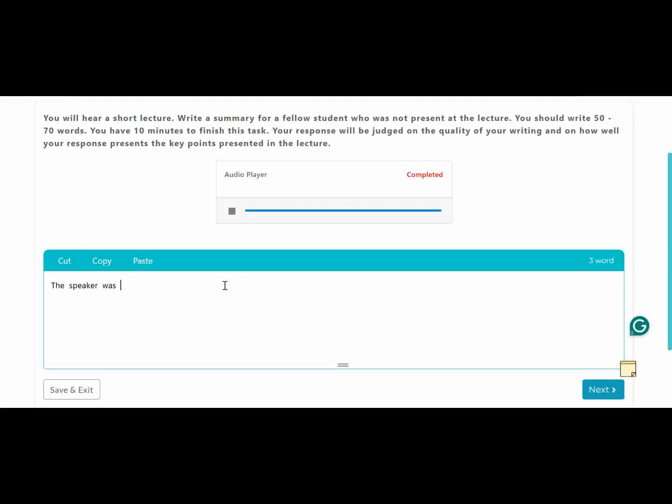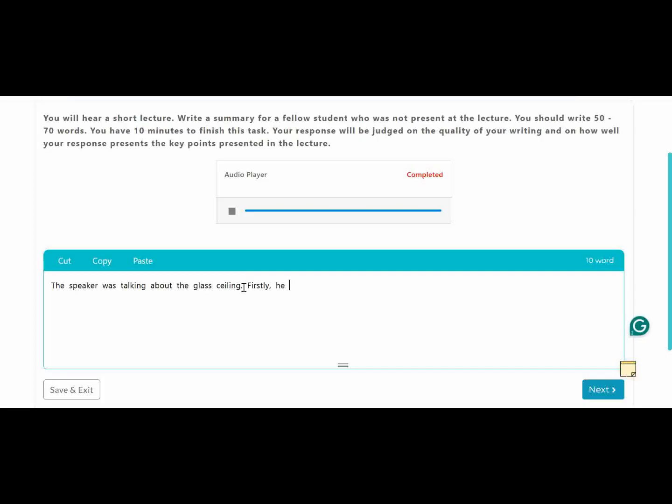The first line is: the speaker was talking about the glass ceiling. So this is the first line. This is the main topic, the glass ceiling. I am using "the" because it is a noun. If you are using a noun, then you have to use "the" before the noun. Then give a space. Firstly,